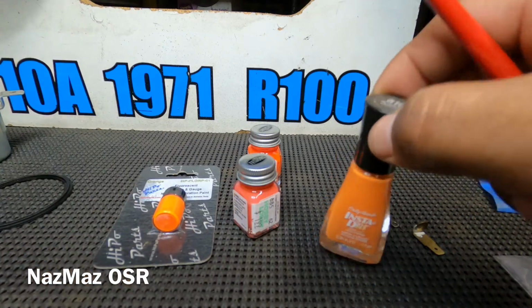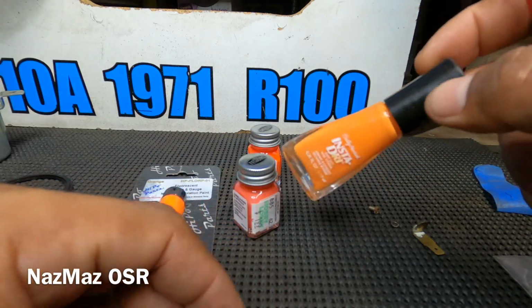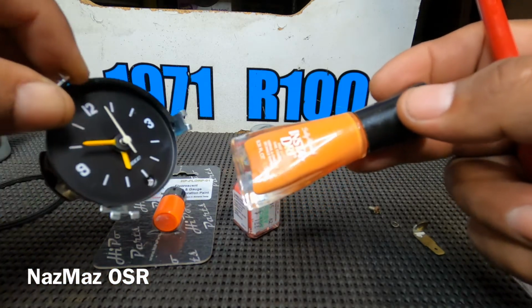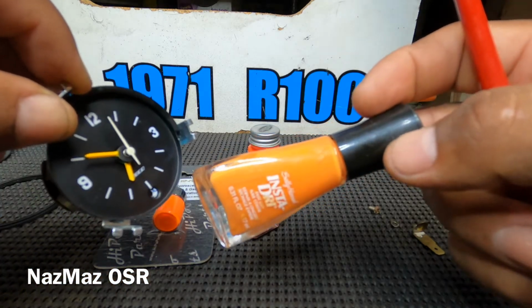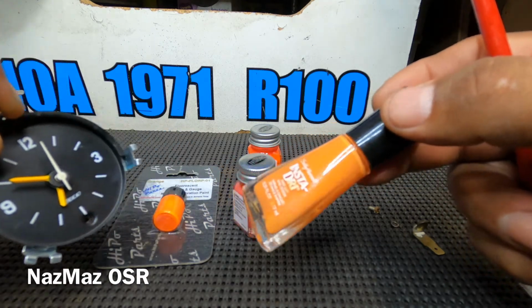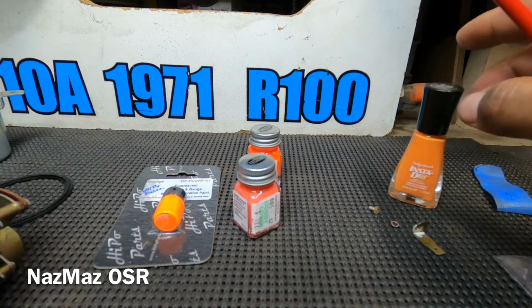I came upon my wife's nail polish. I figured, hey, that looks pretty darn close. But as you can see, it's not close enough. It's not that neon orange or that bright orange. So I went ahead and went to the